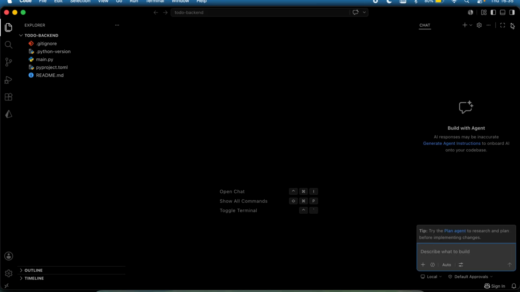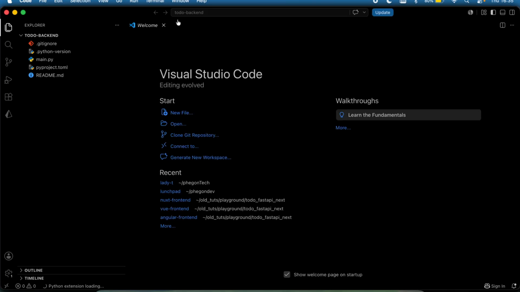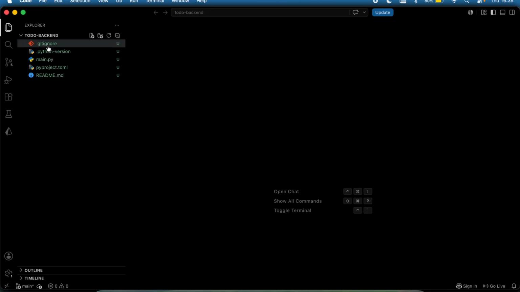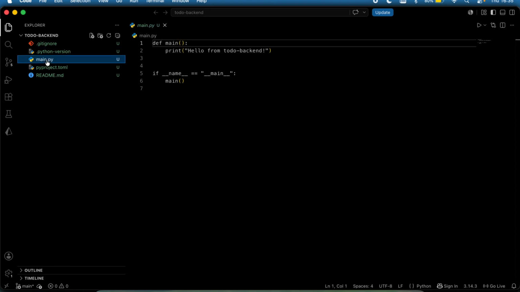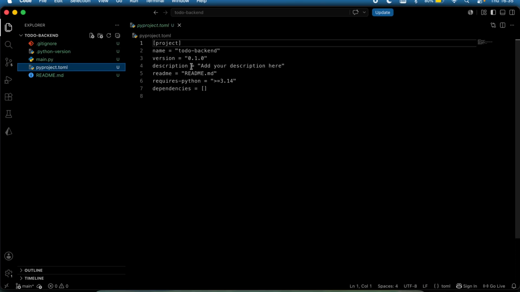And if I open the project, I can see how it is. When you initialize your project, you're going to have this stuff right here. You're going to have your Python version. You're going to have your main.py, which you can run. You're going to have your project,